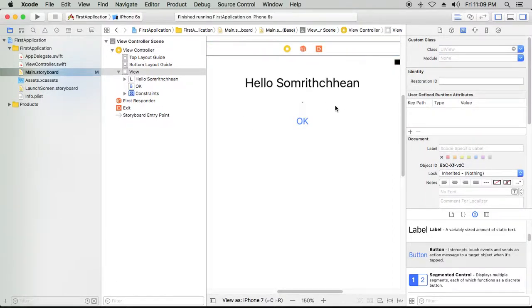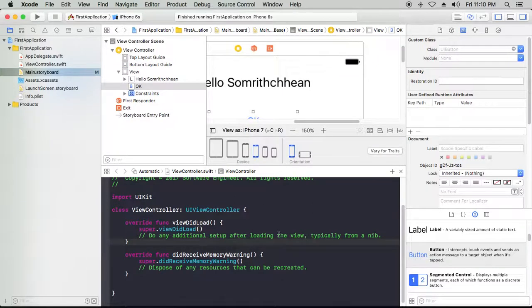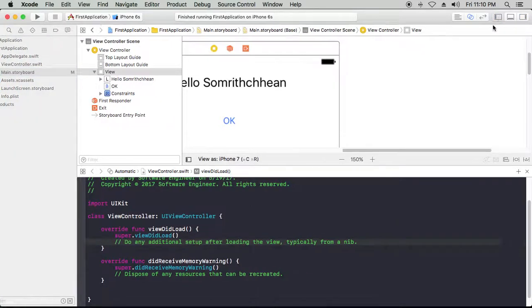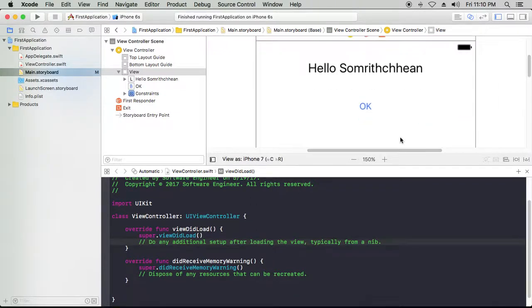Okay, so how do we link this button to the ViewController.swift? By clicking display to split the UI with the source code. Click that. Okay, as you can see, you can split to button. You can hide this to make the screen a little bigger. Okay, then you can hold on